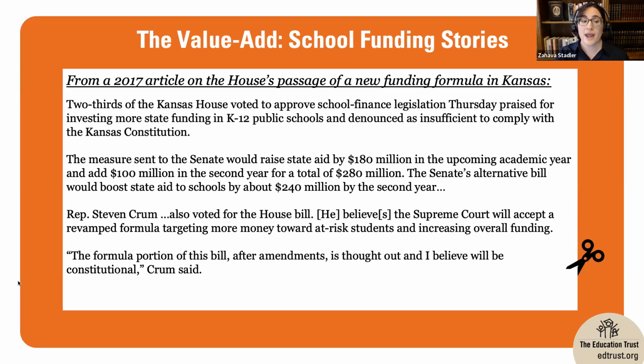The state went from handing out all of its funding through block grants and moved to a very different student-based calculation. So one value add of the FundEd database here might have been to tally how many states use block grants to hand out their core school funding amounts to districts. At the time, it would have told you the answer was 1, Kansas, and that's it. There were none other, versus how many states use a student-based allocation. At the time, about half the states in the country.